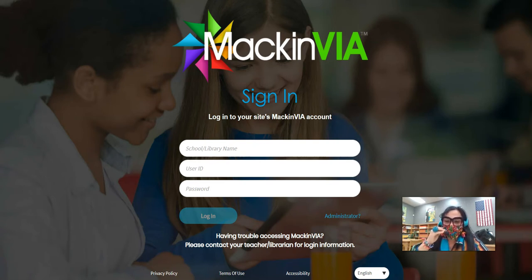I'm just going to give you a real quick tutorial on how to log into MackinVIA. The way to access it is to go straight to your account. Go into your Clever account, and once in, you're going to automatically be taken into